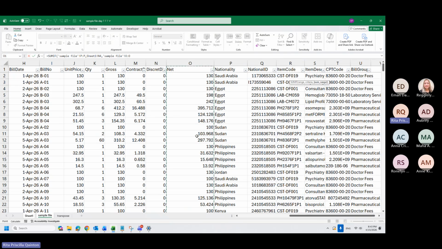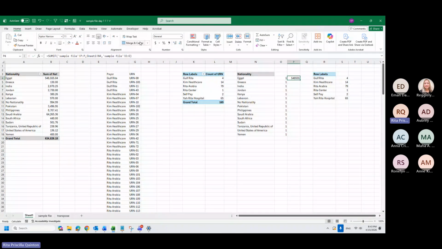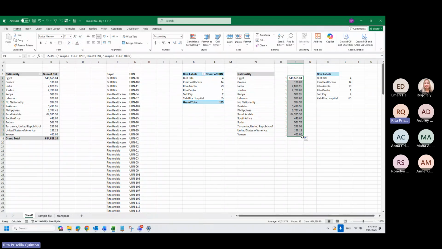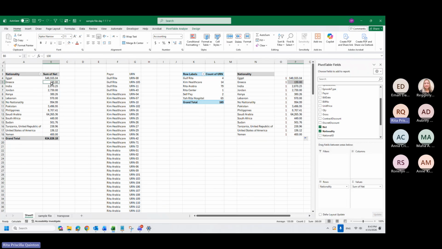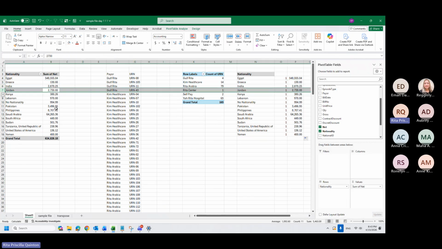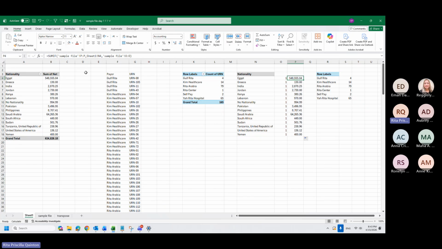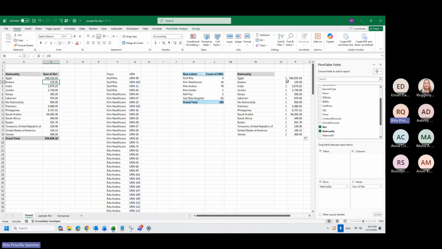Sum for me the net. Give me the sum of that. Okay. This is the same output as this one. Let me autofill that, so I will get the same as the pivot. So it's a good option to know that there is a formula called SUMIF and there is a pivot table function.